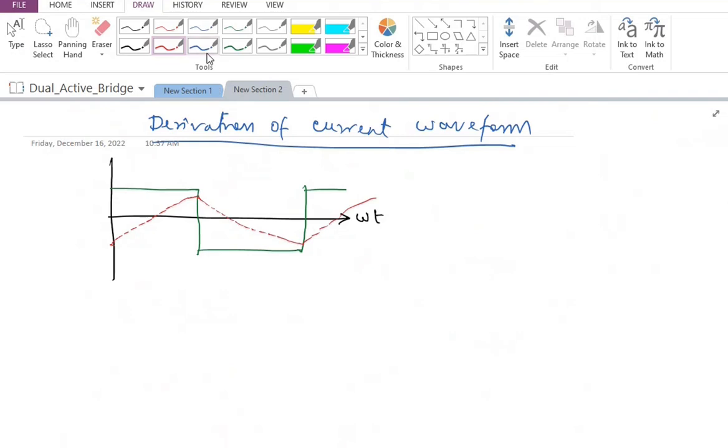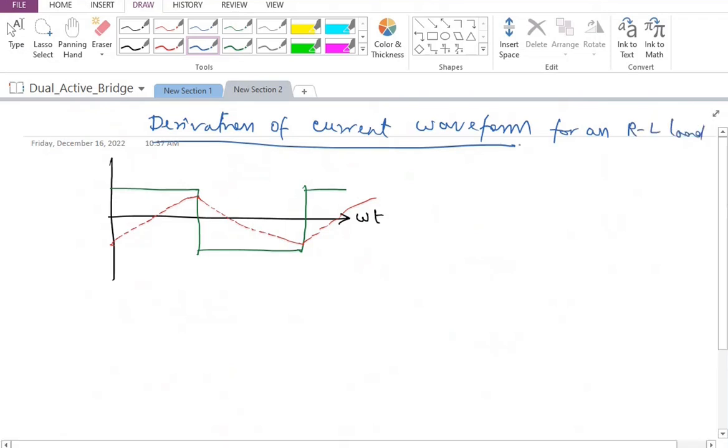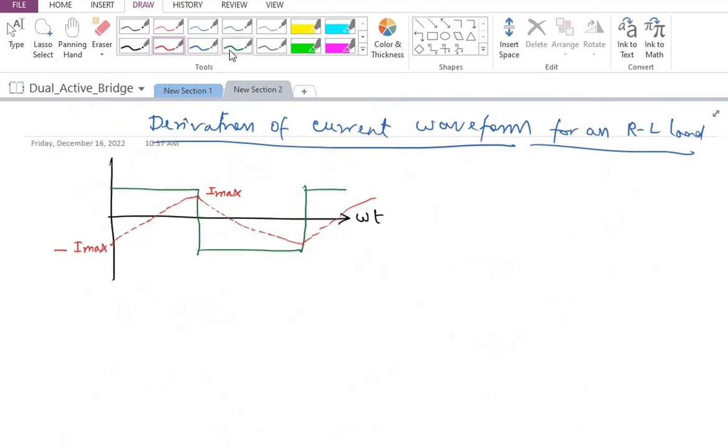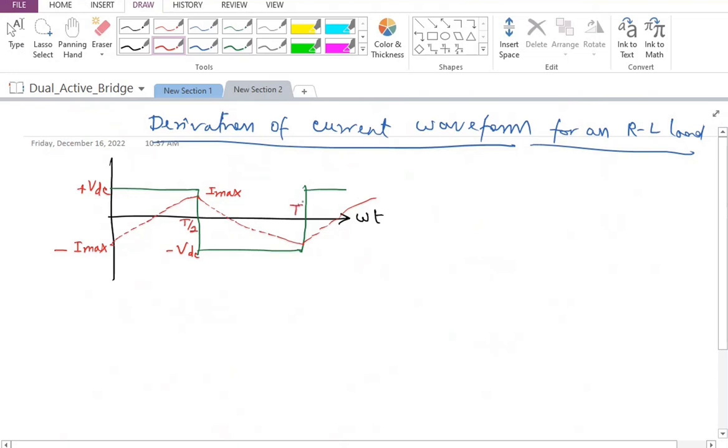So if it is an RL load, we are talking about the current waveform for an RL load. This is the kind of current waveform we are going to have. So if we say that this is going to be I max, this is going to be minus I max by symmetry. And if we say that this is going to be plus VDC, this is going to be minus VDC. And if this is T by 2, this is going to be T. This is the period of the inverter. So in which case, during the positive half cycle,